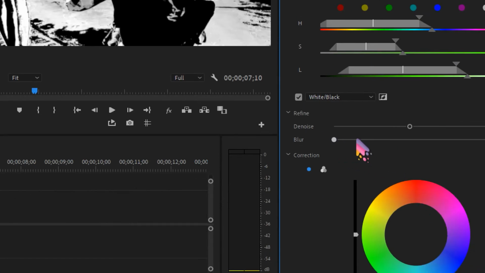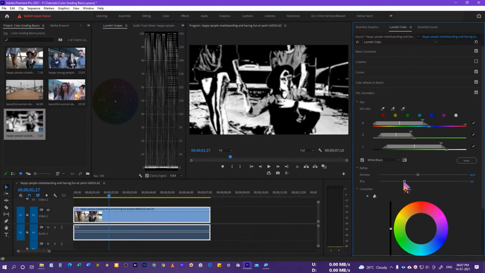And if we click on Blur, that's going to blur the hard edges. That's very important to do in any color grading, because hard edges will make the adjustment or the color correction look very ugly.